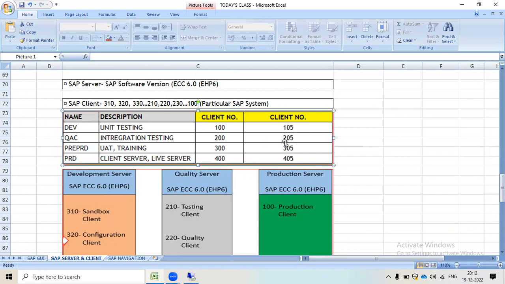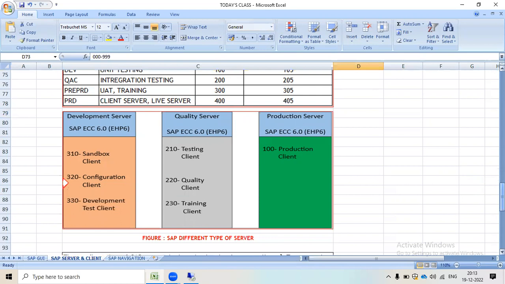It totally depends on our choice. We can choose any number up to 3 digits, ranging from triple 0 to triple 9. Between this range, we can select any client number as per our choice.